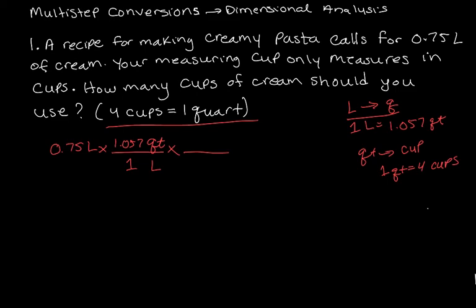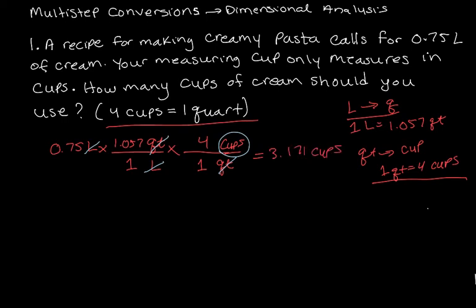But we're not done just yet, because we want our final answer in cups. So we take this one step further, and you see how your liters now cancel out, but now we want to cancel out our quarts. Since quarts is on the top, we put quarts on the bottom and our desired unit of cups on the top. Now we relate this using our conversion factor. For every 1 quart, there is 4 cups. So you see the quarts cancel out and we are left with cups. And then we simply plug this into our calculator, and we end up with